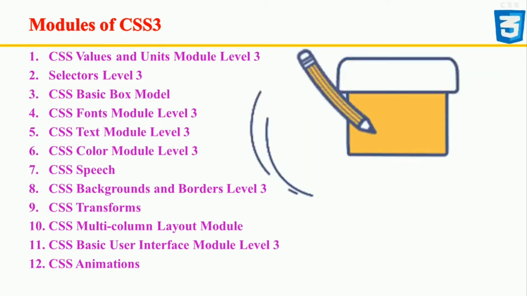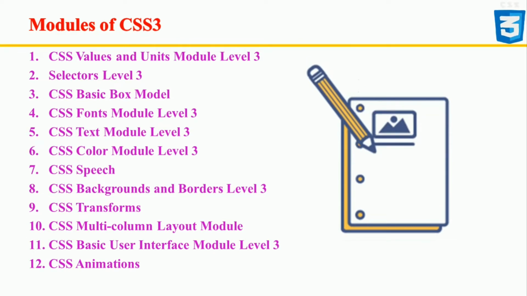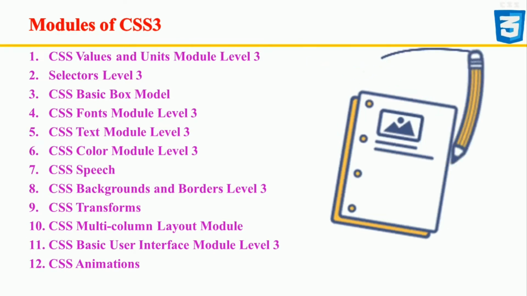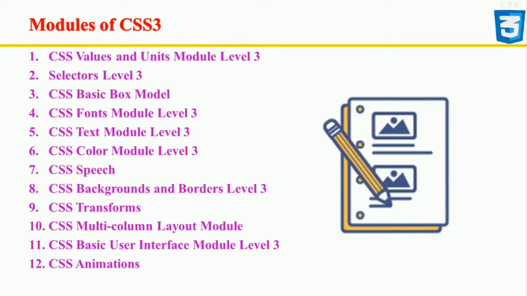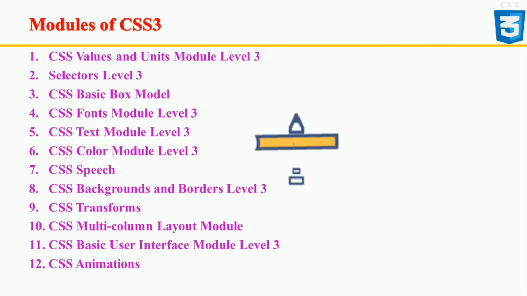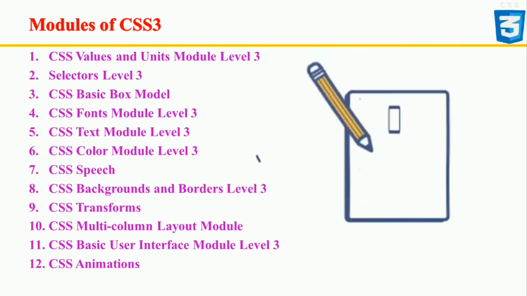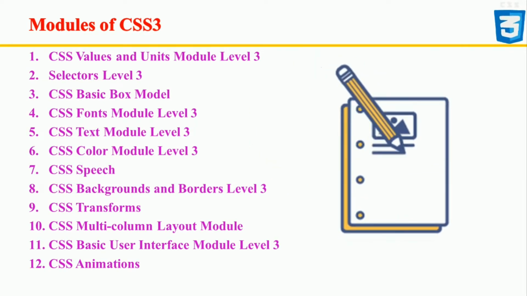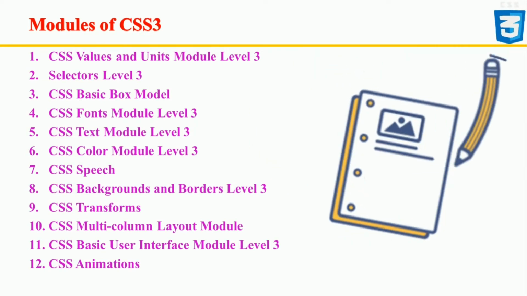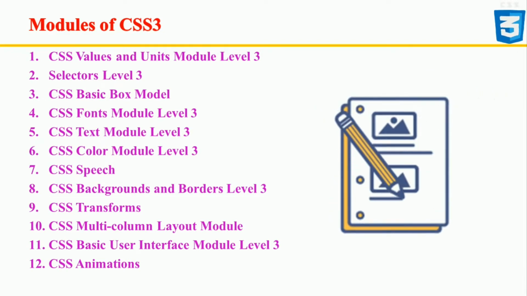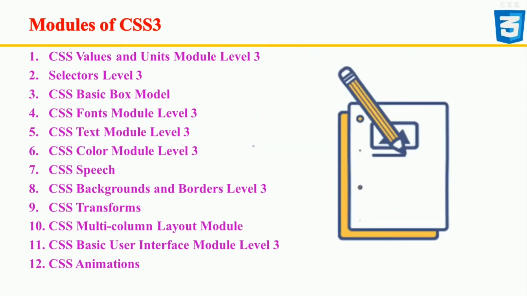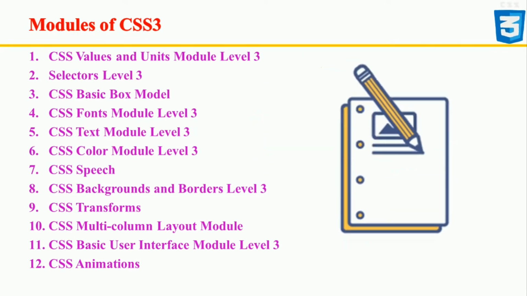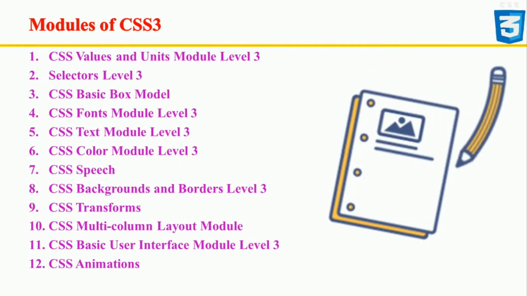For example, the CSS extended box model hasn't been started yet, but it should provide some exciting new functionality when someone puts it together. A few of the 50 modules that don't appear in this list are used for something other than standard applications. The CSS Marquee module is implemented and available, but you normally use it with smartphones. The groups working on these standards have also combined a few modules to make them easier to work with. The CSS 2D transformation module and the CSS 3D transformation module have been combined into a single CSS transforms module.